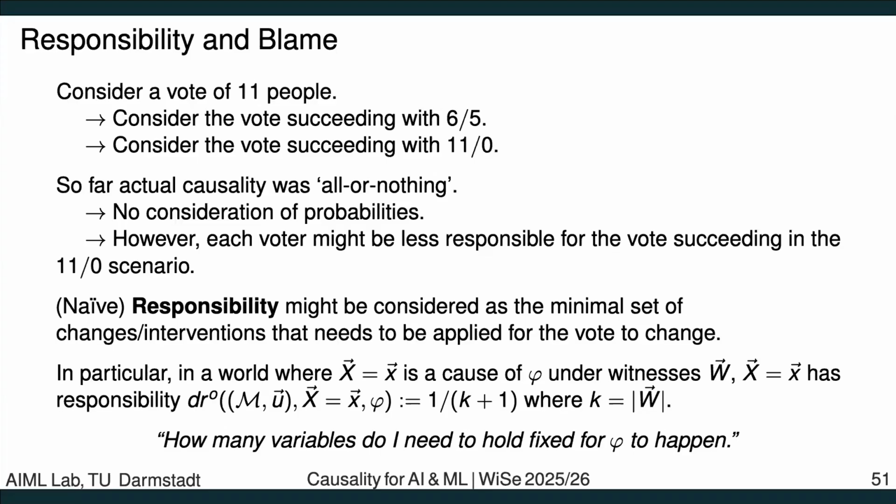I know my event X has changed the outcome, but how many of those variables in the environment would I need to fix to actually make that outcome happen? So if I have a very noisy environment and my signal in this actual world flipped the outcome, maybe there were a lot of other worlds where, if we assume some noise in the environment, my choice wouldn't have made a difference. So this is a very high level introduction there.